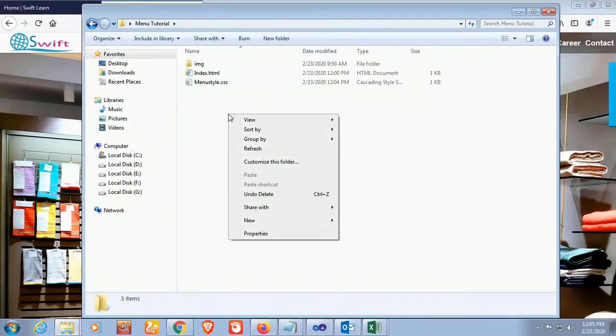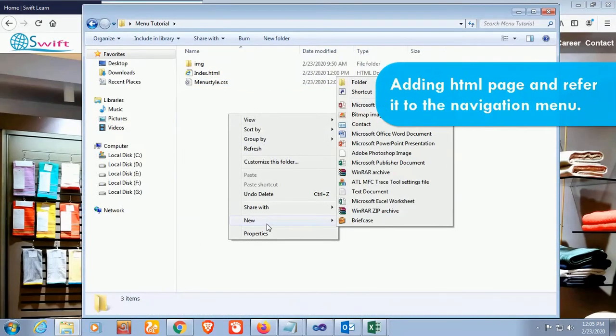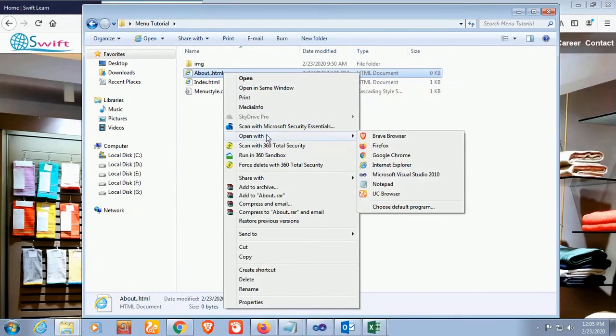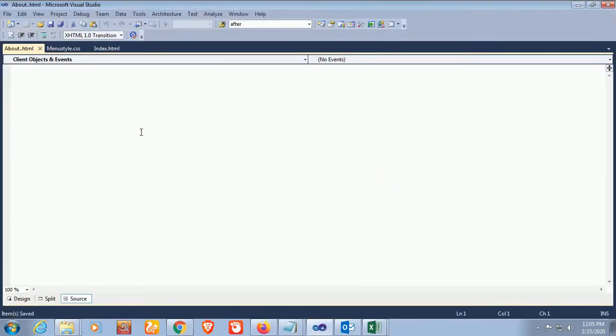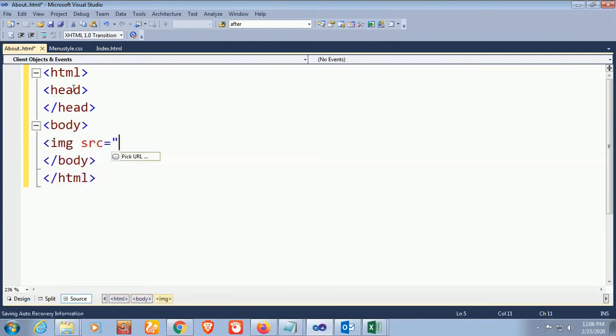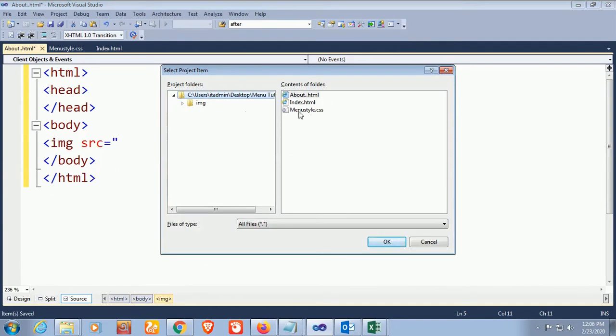Now create a new page for about.html. Open with Visual Studio, about.html, about page. Design this about page: HTML, head and then body, then img src, pick the image URL hero1.png. Okay,